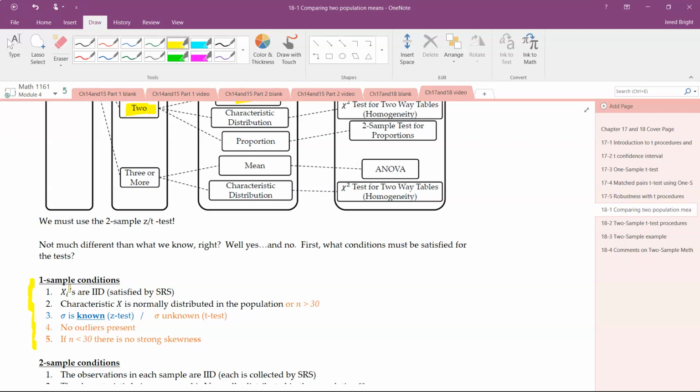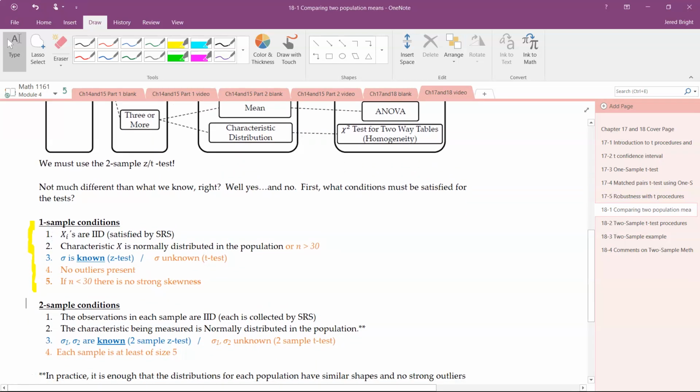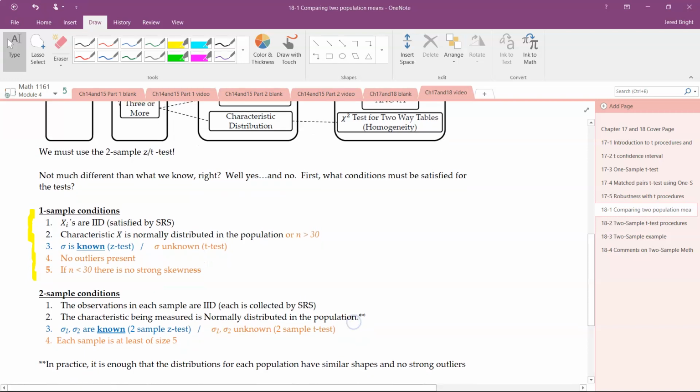Two sample, you might expect that many of those are going to carry forward, and they actually do. In the two sample case, the conditions we need to satisfy are: first, observations in each sample need to be IID. Again, we have two samples because we have two populations, so we have to make sure that they are collected by SRS. Second, we need that the characteristic measured is normally distributed. That's in line with number two above. A note on that: in practice, it's actually just enough to make sure that the distributions are similar shapes and that they have no strong outliers. That's in step with that 4 and 5 condition,